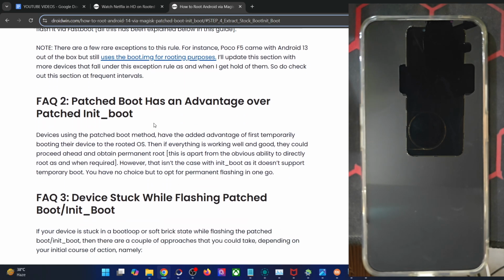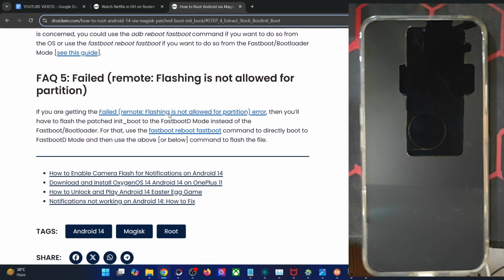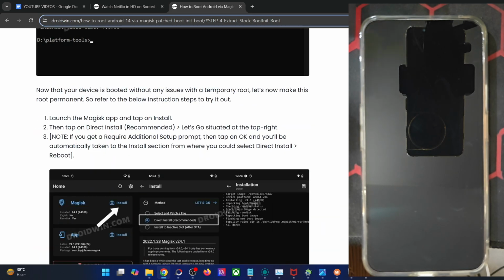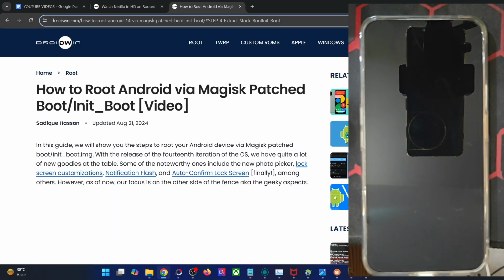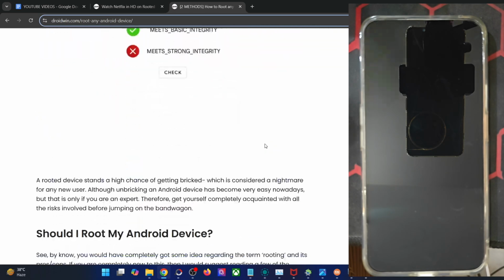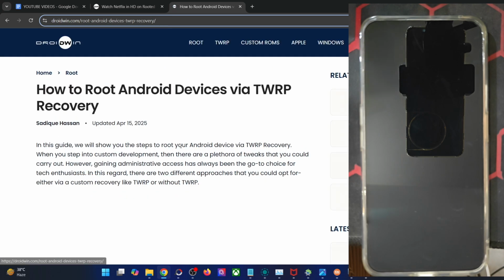In case of a custom recovery, you have to flash a recovery onto your phone. So let's get that job done as well. Let me show you how to do so. It will take just a few seconds. If you want a guide, I have a guide on that as well, on how to root without using Magisk, so using a custom recovery in short.